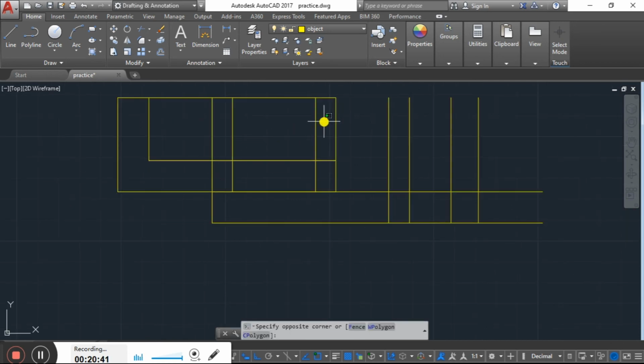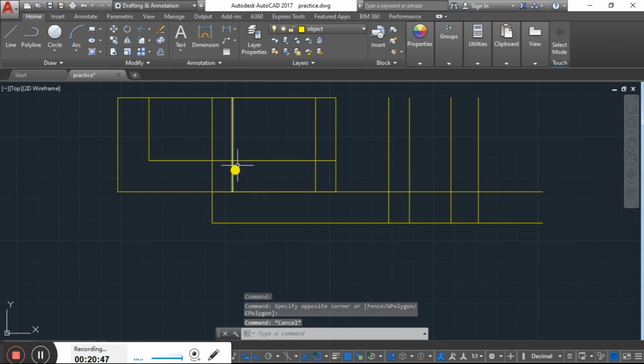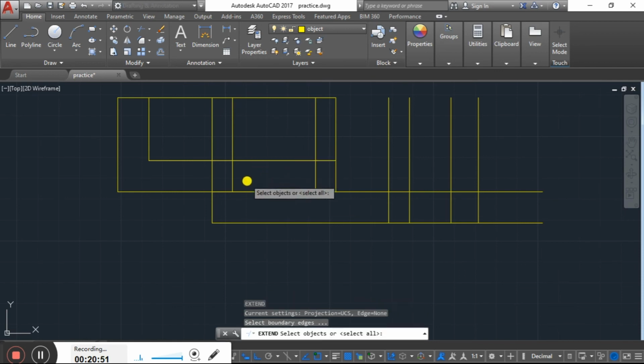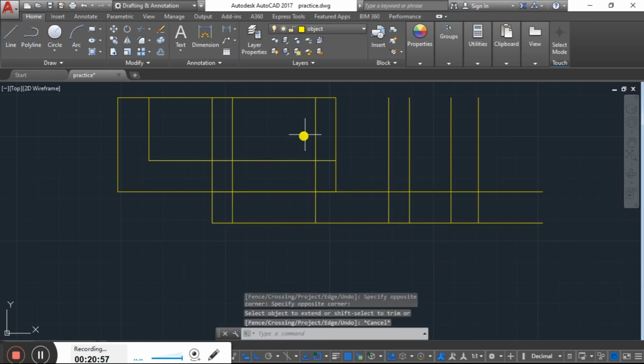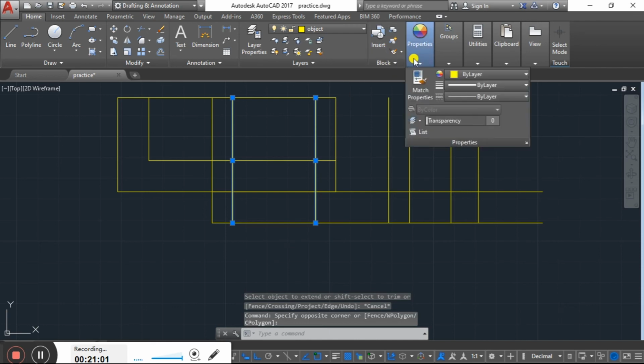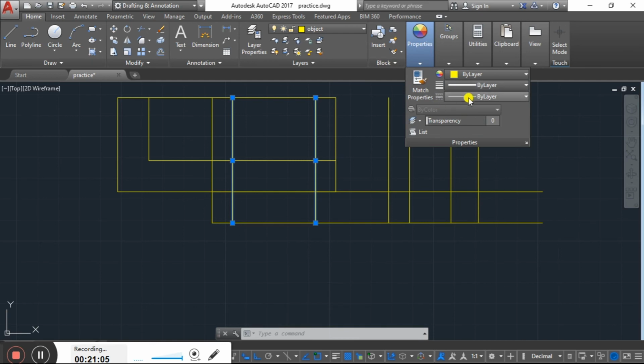If you want to show this hole in it, you can make it a hidden line. Let me explain how. Extend up to here, press enter, extend these objects here, select those objects, go to properties, by layer.